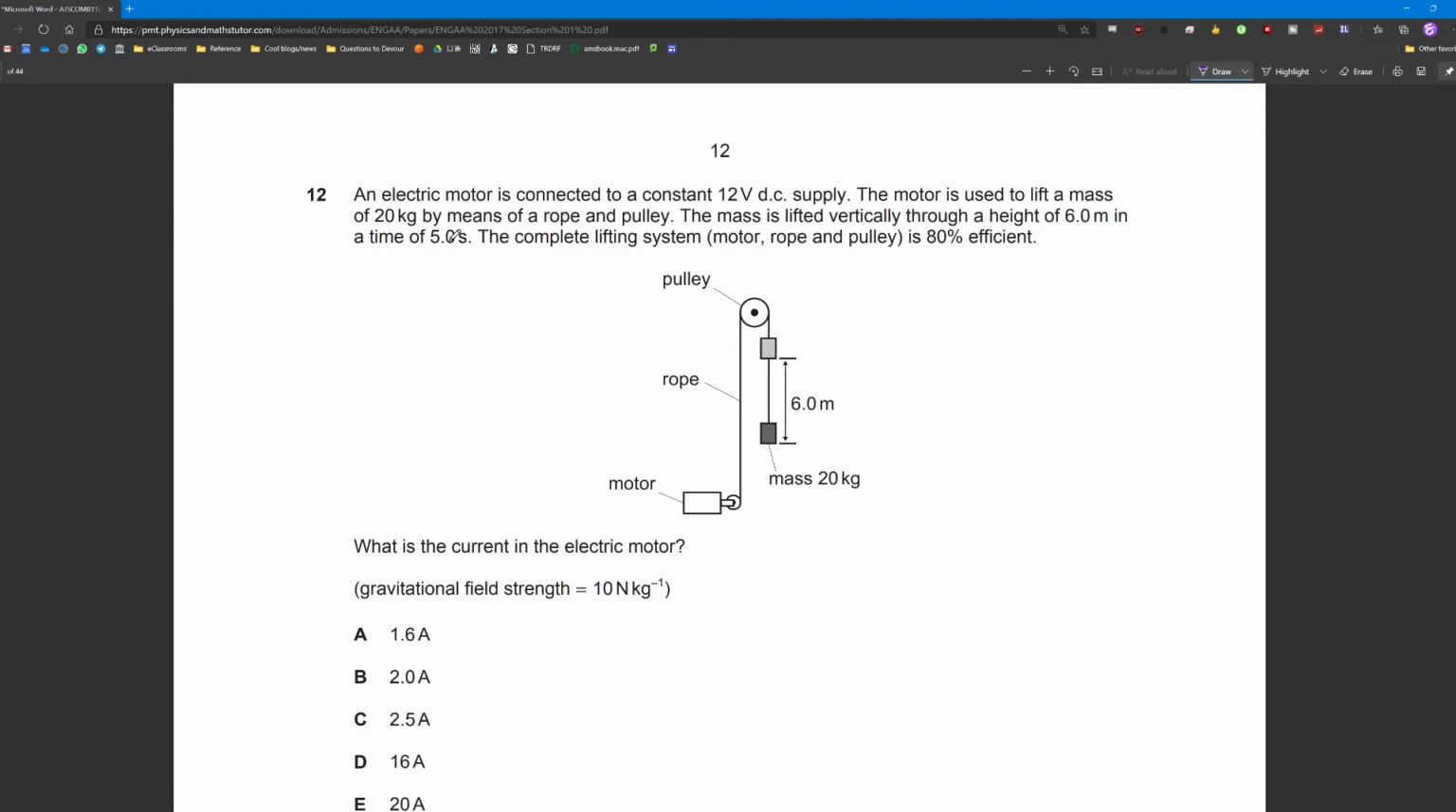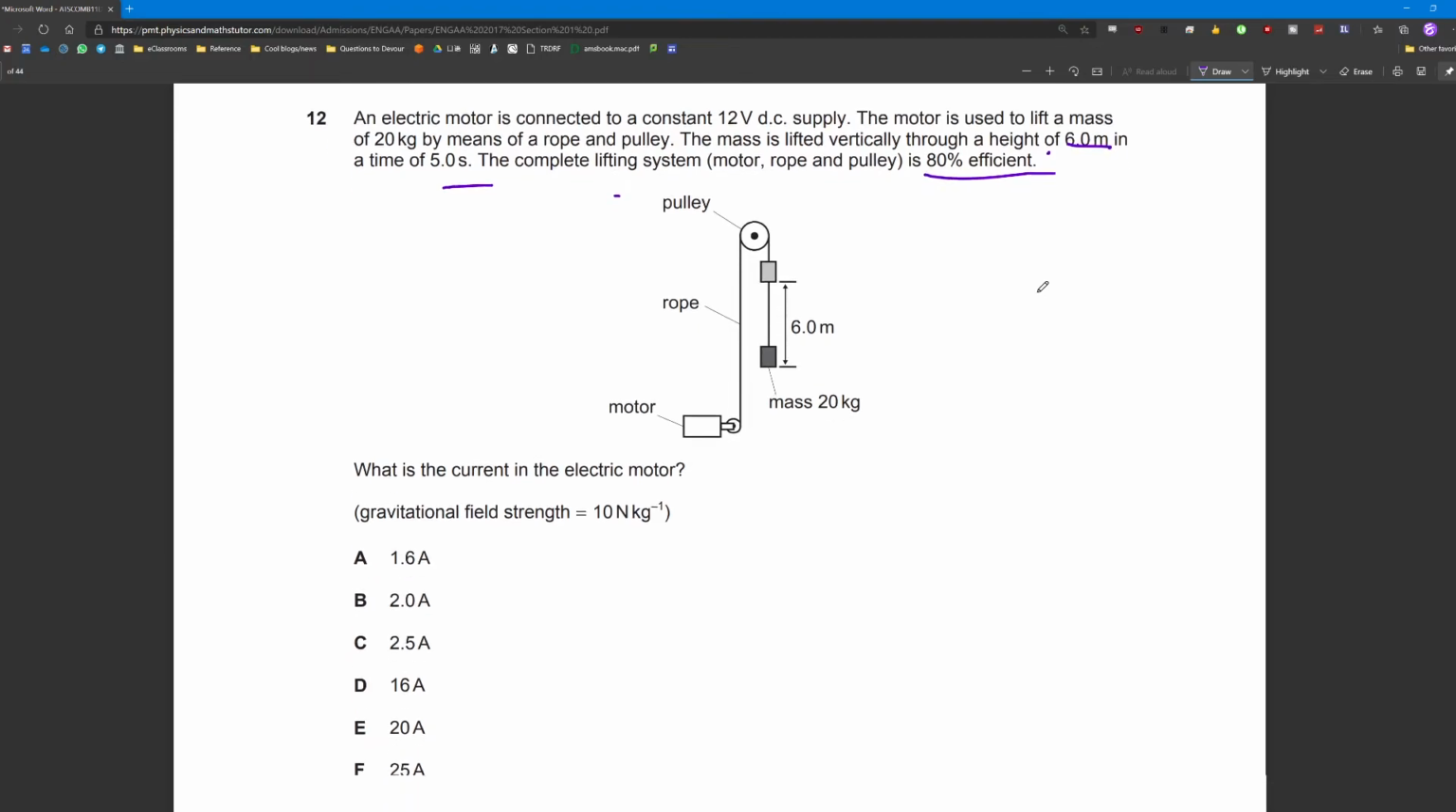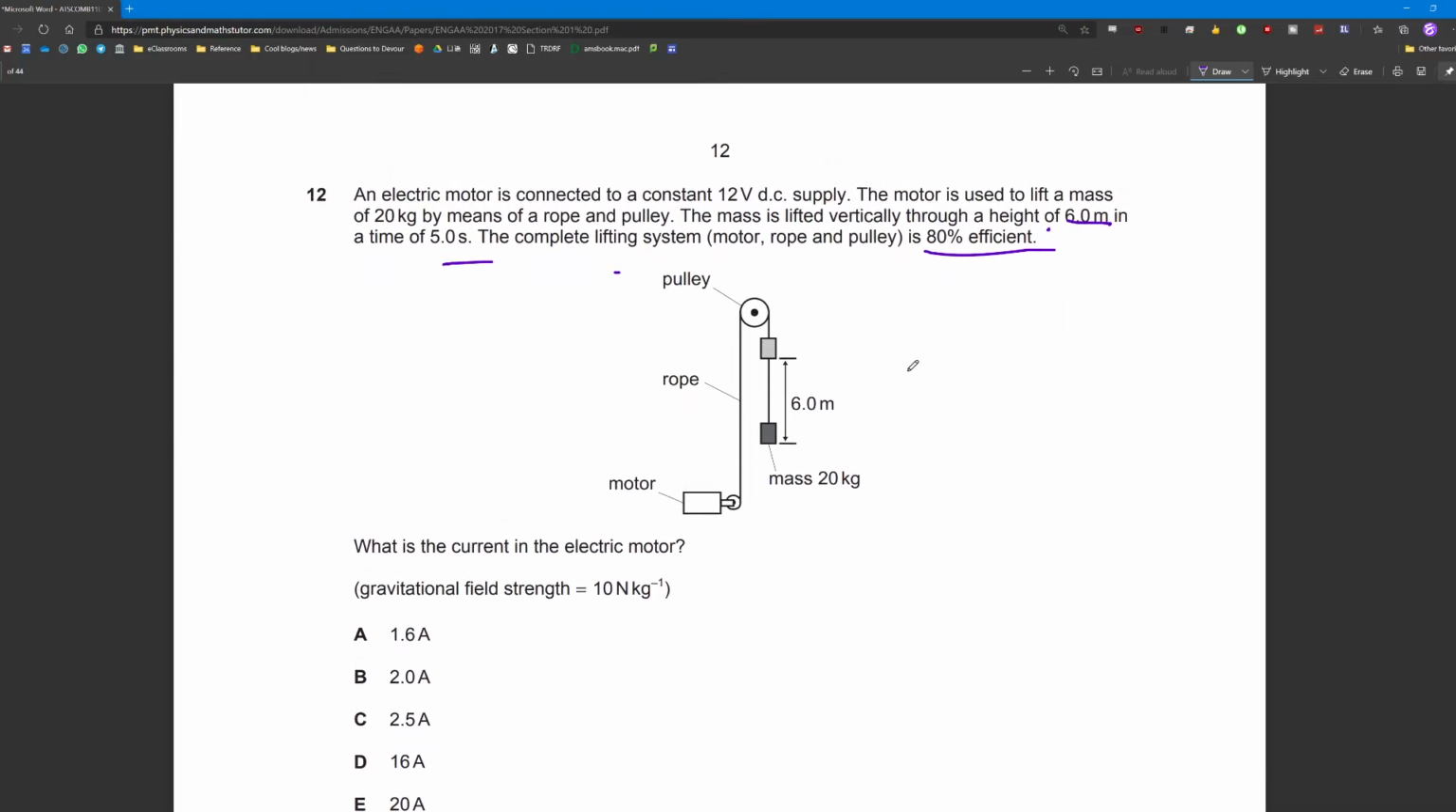Okay, an electric motor is connected to this. The motor is 12 volts. The motor is used to lift a mass of 20 kilograms by rope and pulley. Mass is lifted through 6 meters in 5 seconds. Complete system is 80% efficient. What's the current in the motor? Okay, so